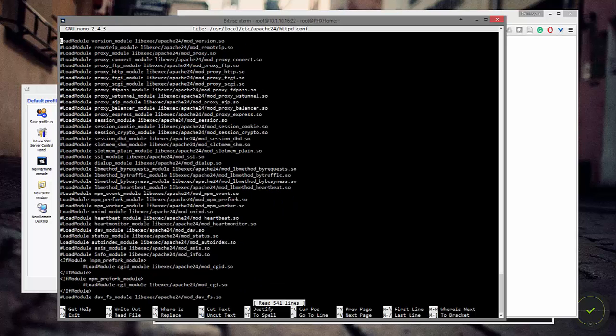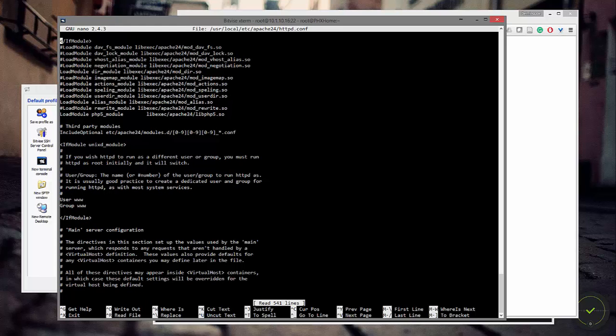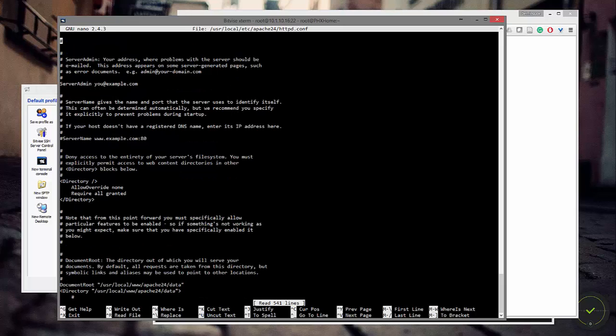A lot of this stuff is kind of buried, and if you don't know where it is, you can get lost. So you can see right here, this is commented out. So right now server name is www.example.com. I'm just going to do server name, and I'm just going to change this